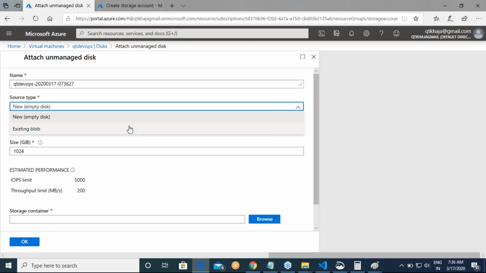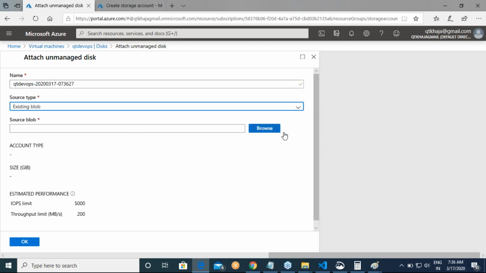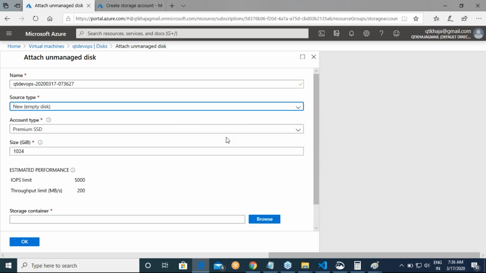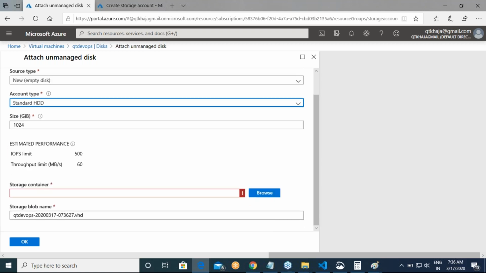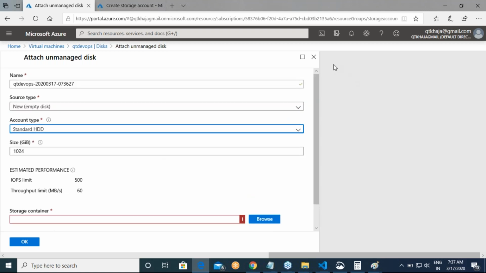Do you want an empty disk, an existing blob, or a new disk? What is the account type, whether you want a standard SSD or a standard HDD? Where is your blob, what is your storage container? You can give all of that.